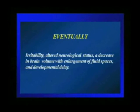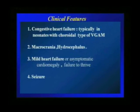So eventually, if you leave them, then the ventricles will go on dilating, the parenchyma will go on thinning, the parenchyma will have venous ischemia, which will lead to calcifications. It will lead to developmental delay, irritable seizures, and eventually the child will never have a normal childhood or normal adulthood. In clinical features,